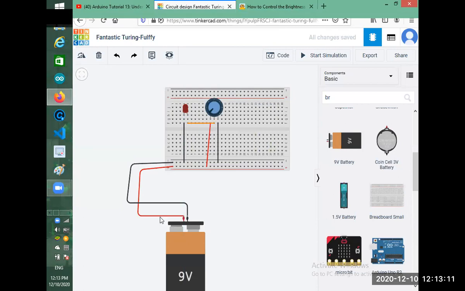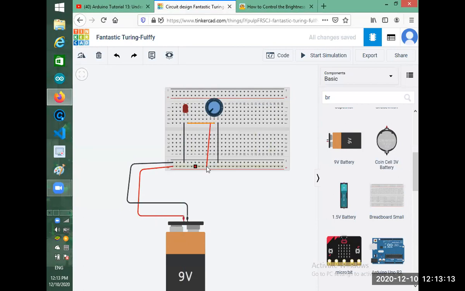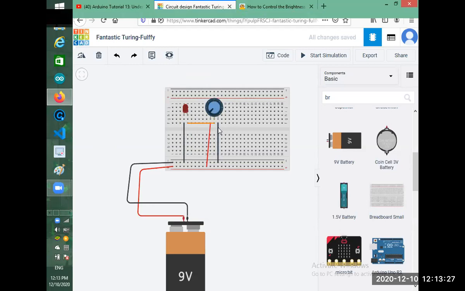Okay. So our current starts from here. It goes into this row. This row is connected to this potentiometer. Okay. And it comes here and it goes to this orange wire from LED to here. What matters is that we can vary the voltage. We can have different voltage for the LED. We can increase and decrease the current. Let's see how it's working.